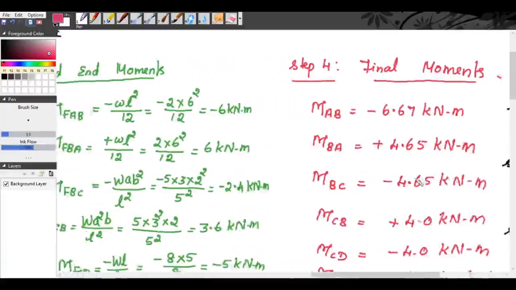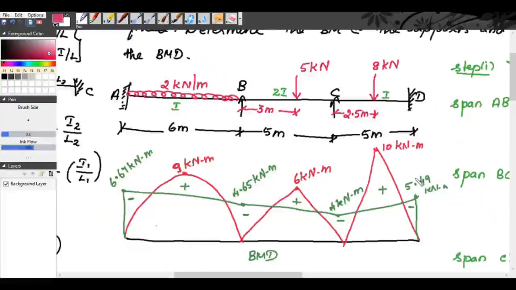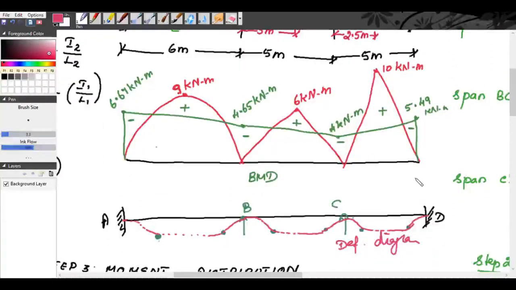After that, we have drawn the bending moment diagram, and from that, we have drawn the deflection diagram also. And if shear force is required, you can find the reactions and then the shear force diagram using our static equilibrium conditions. We have studied it in detail in our first module. So, thank you.